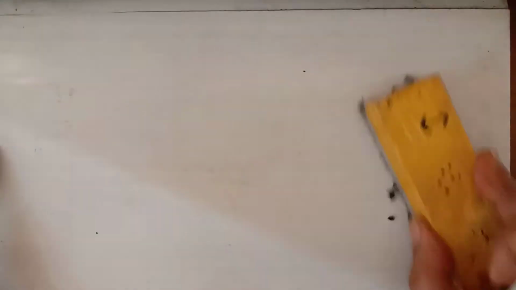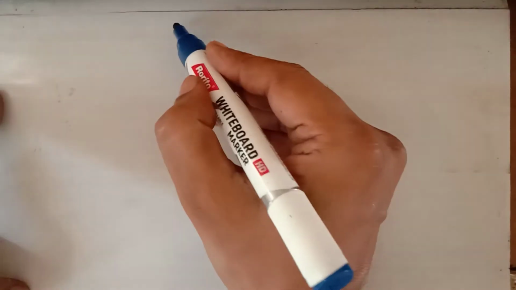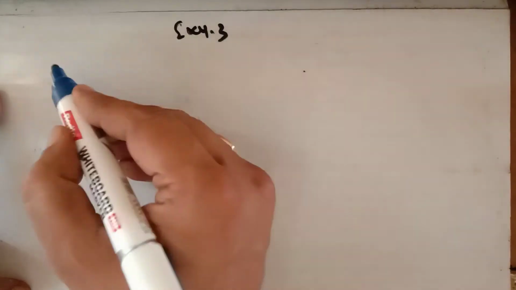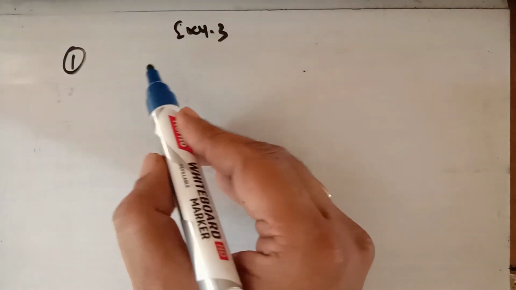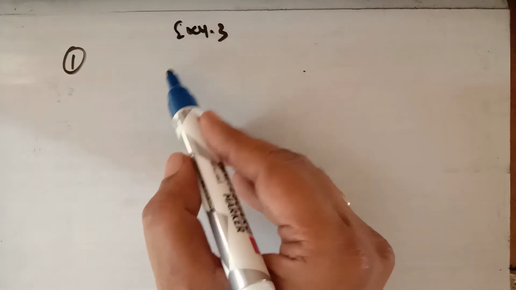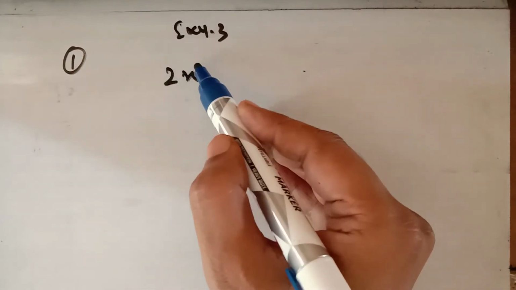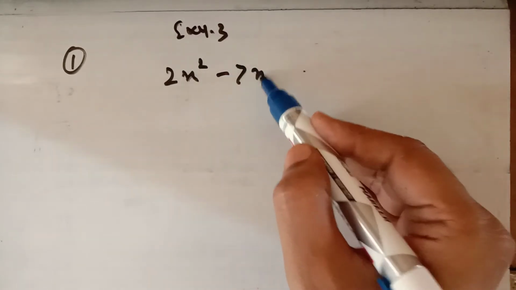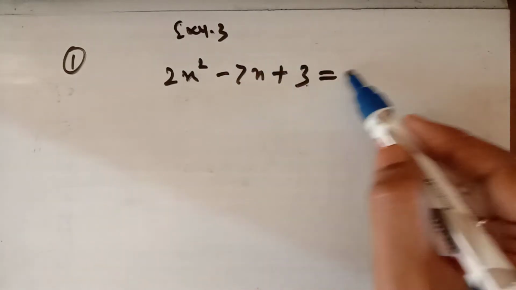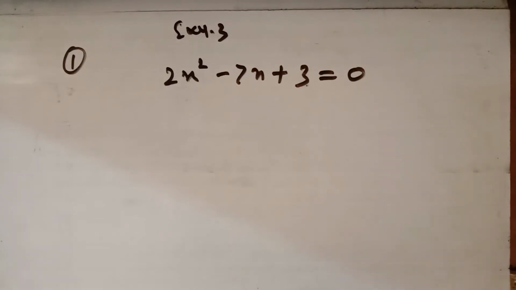Now in the next exercise, that is exercise 4.3, you have to find the roots of the quadratic equation by making the perfect square, completing the square. Perfect square or completing the square, it means the same. So this will be done as I have just told you. Find the roots of the quadratic equation. I've derived the formula just now by completing the square.